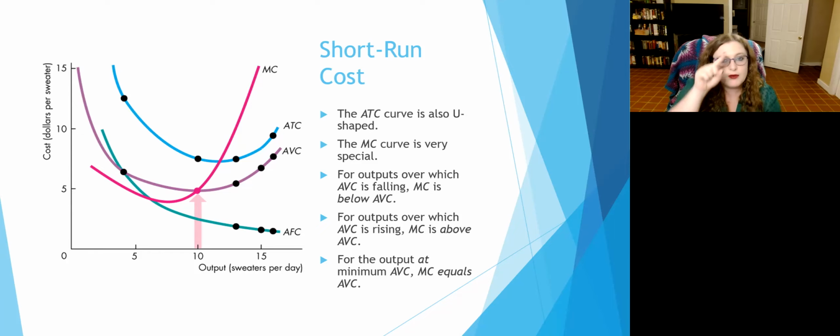Notice that then we have the marginal cost swoop. It looks like a backwards check mark or forward check mark. I actually don't know which direction a check mark should go. Anyways, so